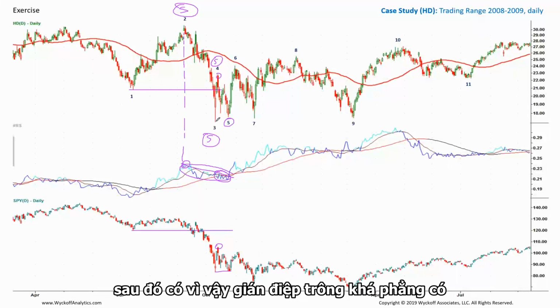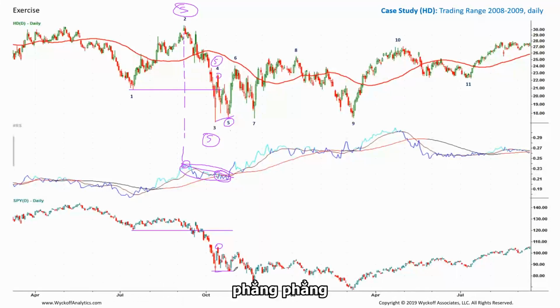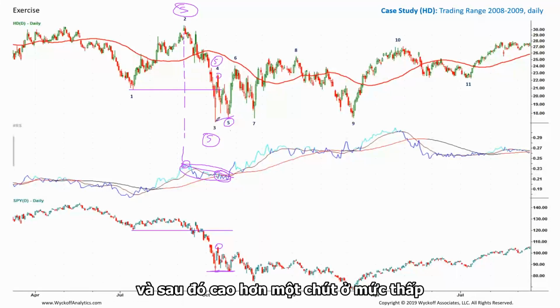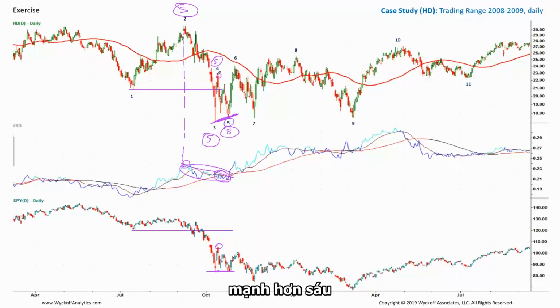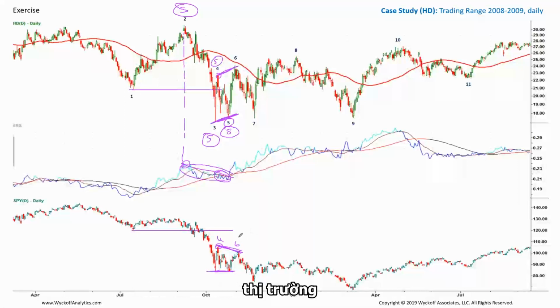SPY looks pretty flat, or higher. SPY looks stronger for sure. Flat, flat, and then a slightly higher low at 5. Also Home Depot, of course, is stronger. Stronger at 6, same thing. Look at how 4 and 6 in the market show a lower high, then a higher high. So definitely stronger. 7,